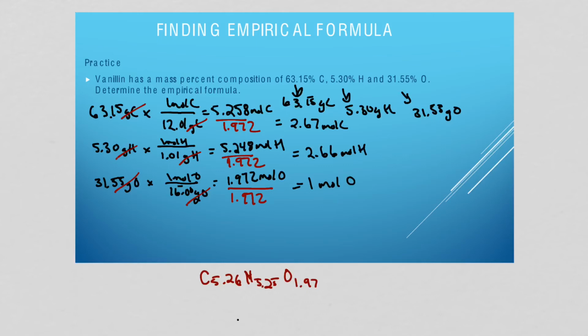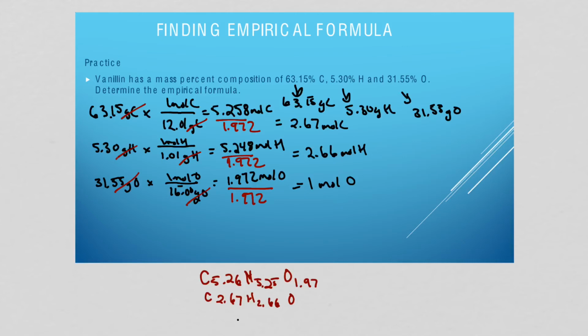So now I'm getting closer, right? Now my formula has gone from here to C2.67H2.66O1. But still, not everything's a whole number. I got one whole number, these two. So if I look back at my things,